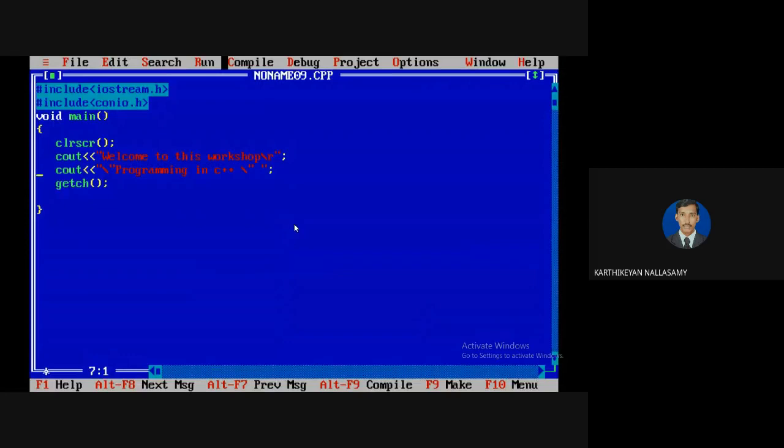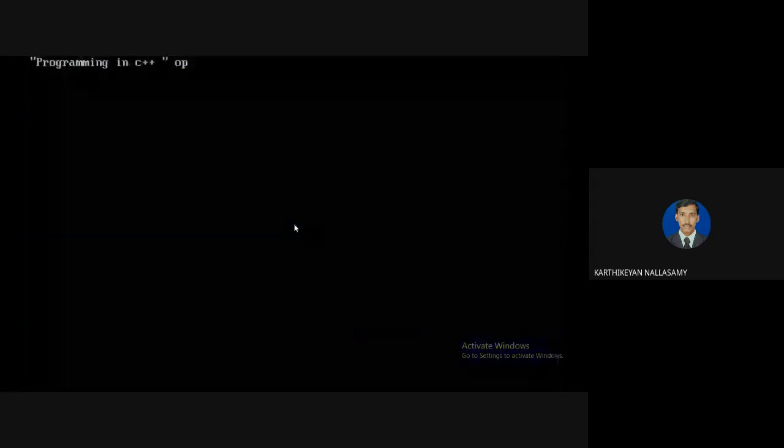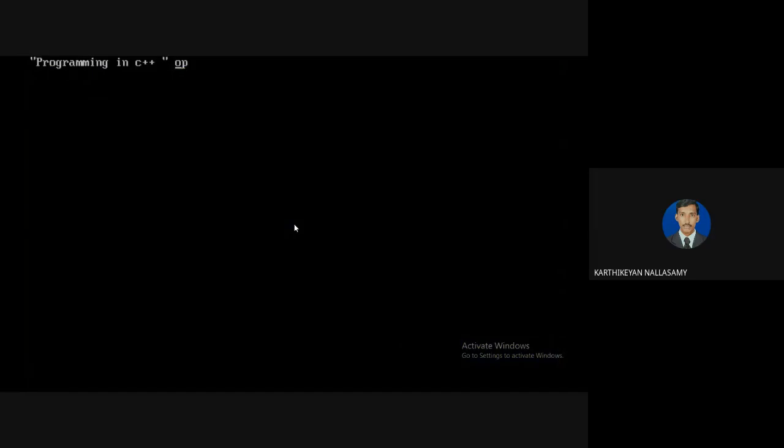Initially "welcome to the workshop" is printed and the cursor moves again to the starting of the same line. Then there is one print statement, "programming in C++", which starts to print on the same line. Now you can see the output: the "welcome to C workshop" text is erased because printing starts on the same line.